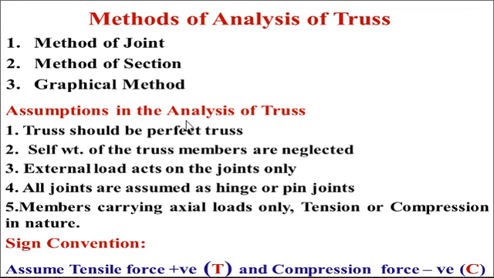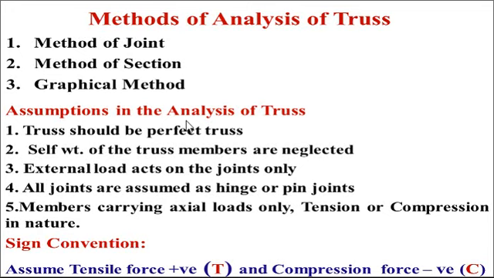Second one is method of sections. Method of sections is used when you need to calculate the forces in a few members. Few means what? It may be 1 member, 2 members or 3 members. Here there is no need to analyze the entire truss. You can take a section at a particular point where you want forces. Then in that case method of sections is used. And third one is the graphical method, but due to some limitations of the graphical method during examination, this method is not a part of your syllabus. So we will just discuss the first one, method of joints.